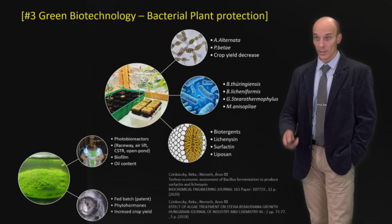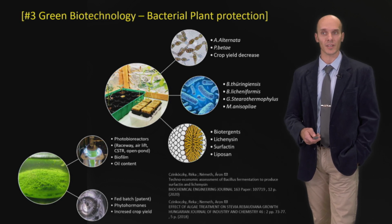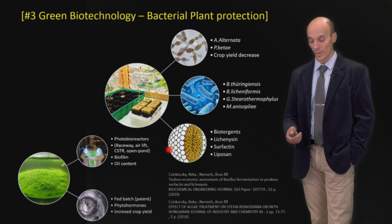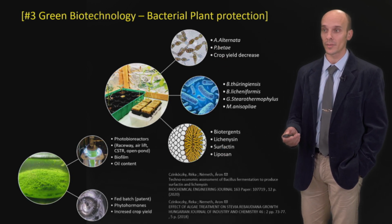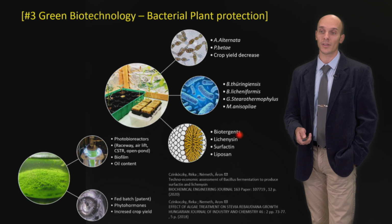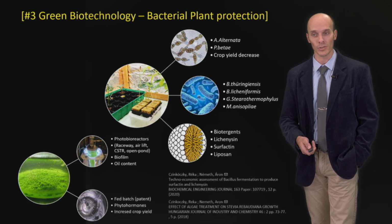Our last area is the green biotechnology, which is also called agro, feed and food biotechnology, where we are active in the development of biodetergent producing bacteria, which are quite effective against fungal diseases of crops, and we are also developing bioinsecticides. The last area of ours is the autotrophic and heterotrophic culture of microalgae, which we are also using